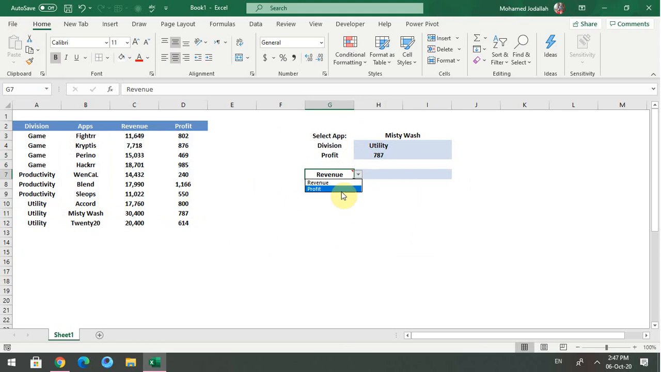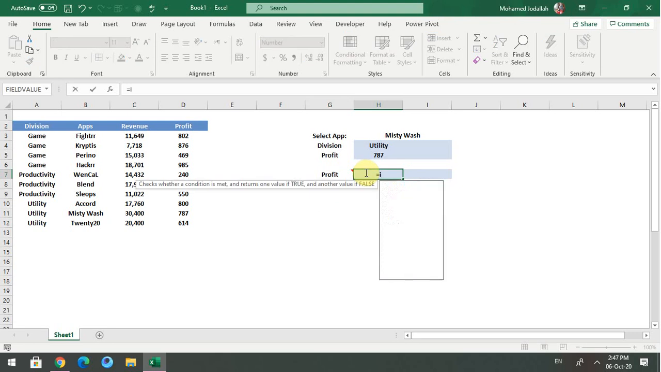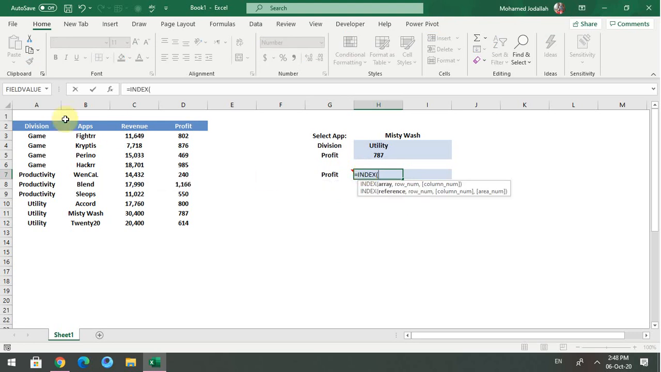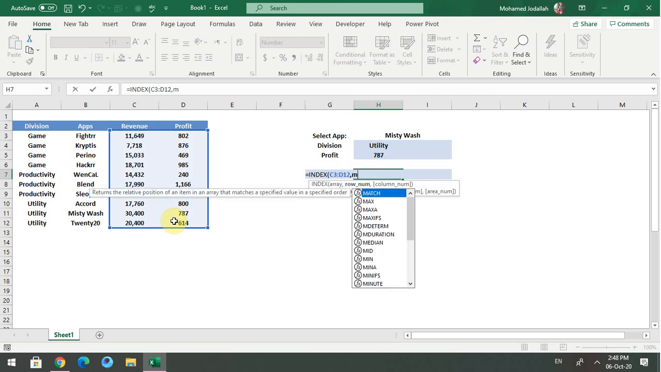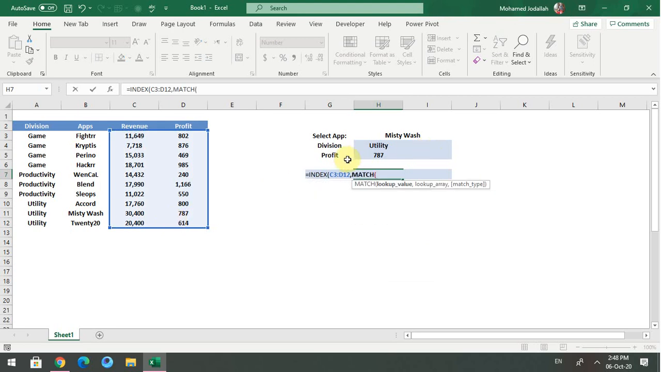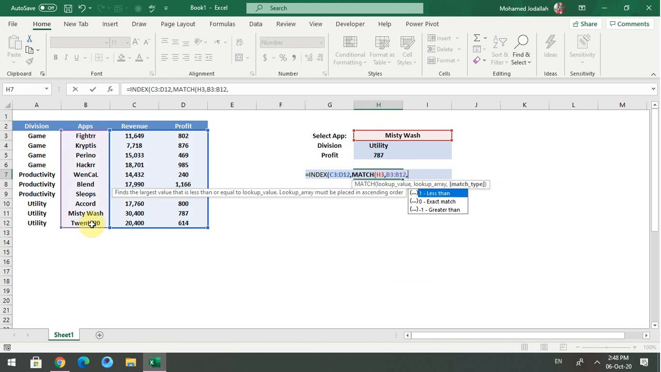Now we will use the INDEX function another time, but here we have revenue and profit. If we change the profit to revenue, the result will change, and if we change the revenue to profit, the result will change also. How can we do that? We will now use the column number. Look, equal INDEX. The array is the revenue and profit columns, comma, the row number by MATCH. The lookup value is Misty Wash in the applications column, comma, zero for exact match, and we'll close the MATCH function,